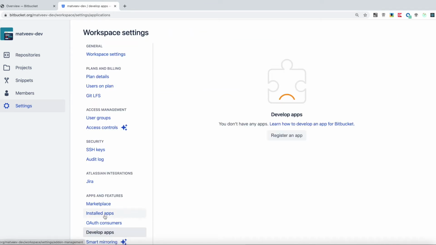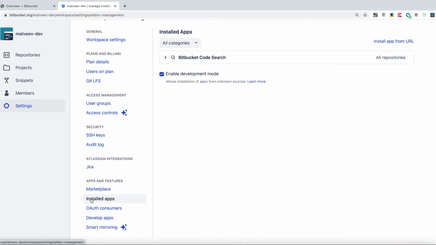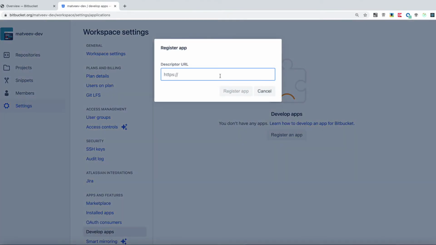Also, you need to make sure that your workspace has enabled development mode. I have it. If you don't have it, just push it here. Okay, you can check it in the installed apps menu. Now go to develop apps, register an app, push this URL from ngrok,